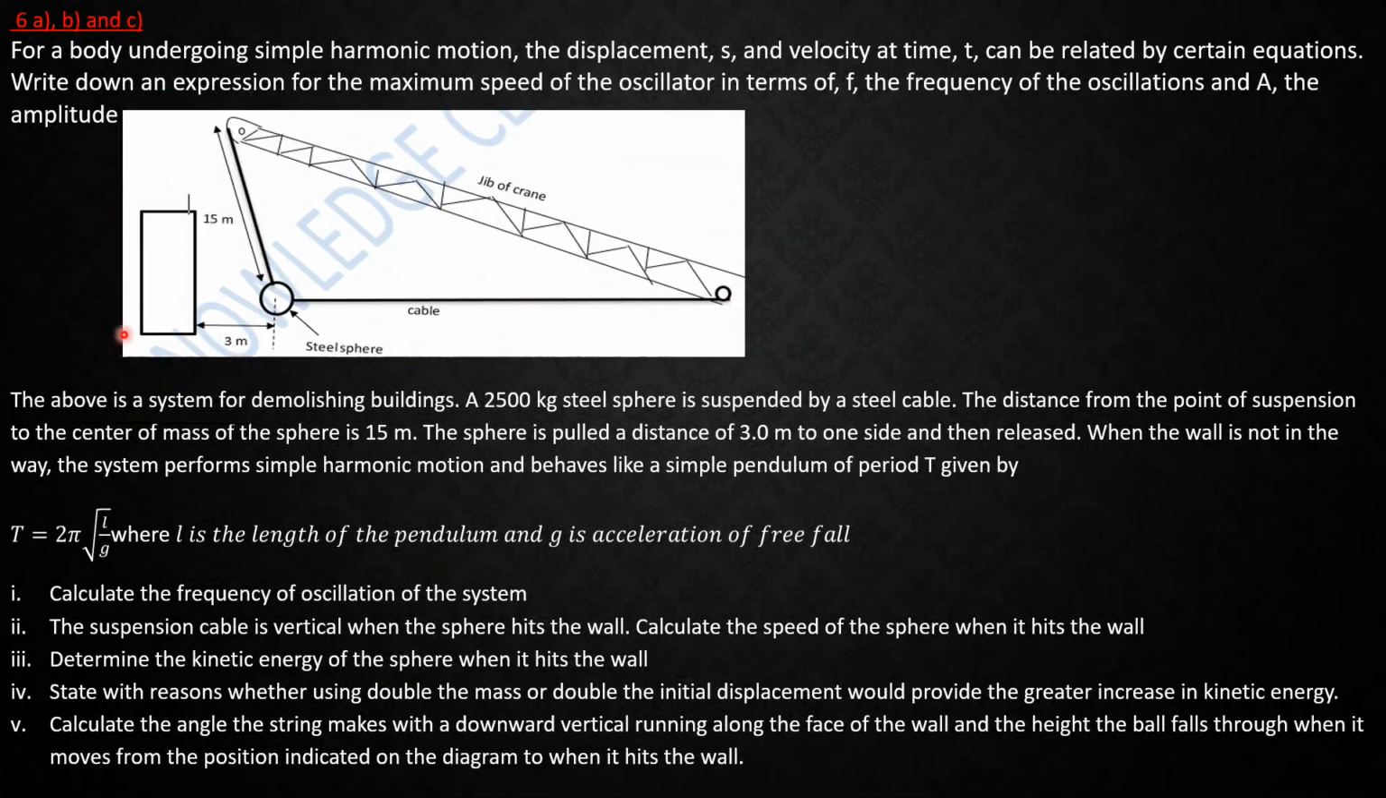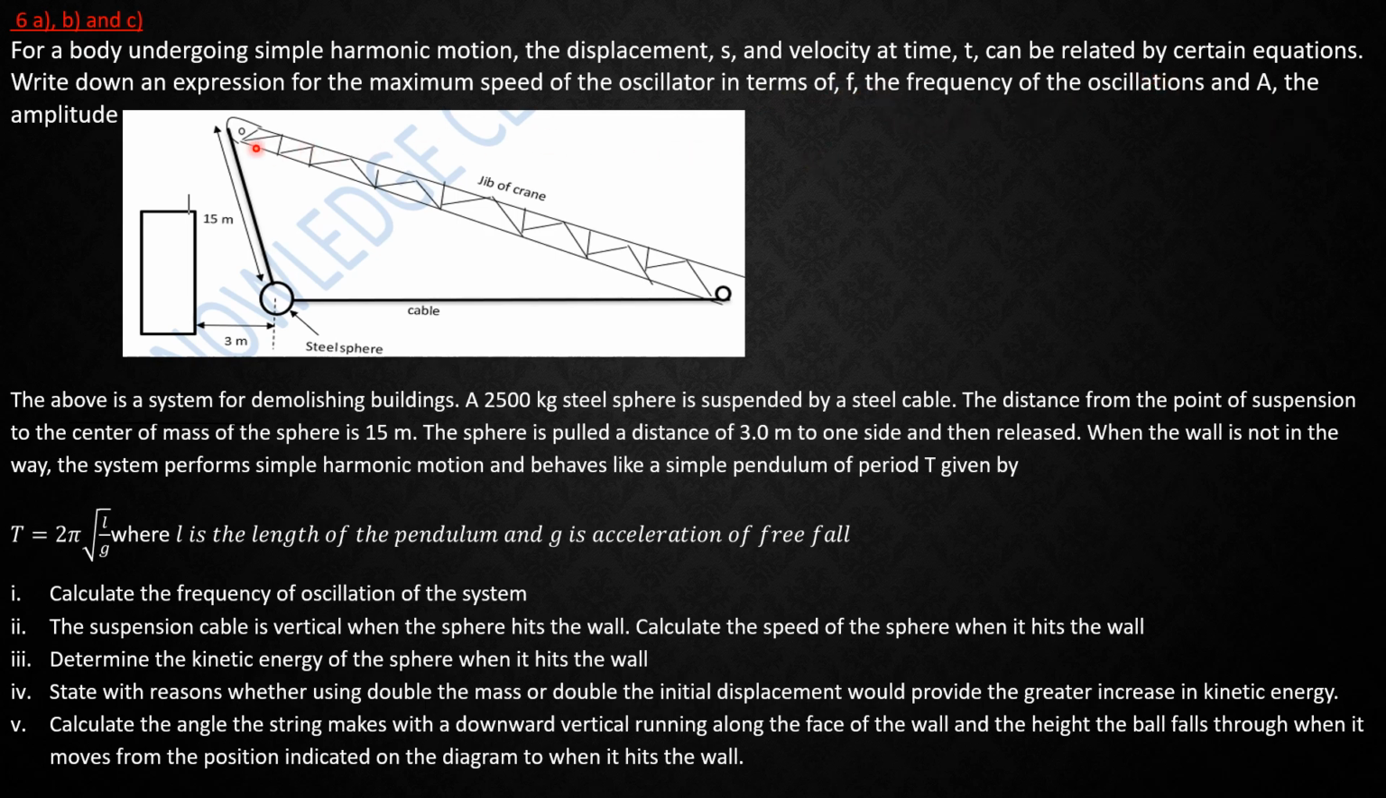Okay, so our question 6 is a question on simple harmonic motion, and the students had to answer both parts of question 6. In the GC you have either or, but here we ask them to answer both. For a body undergoing simple harmonic motion, the displacement s and velocity at time t can be related by certain equations. Write down an expression for the maximum speed of the oscillator in terms of f, the frequency of oscillation,